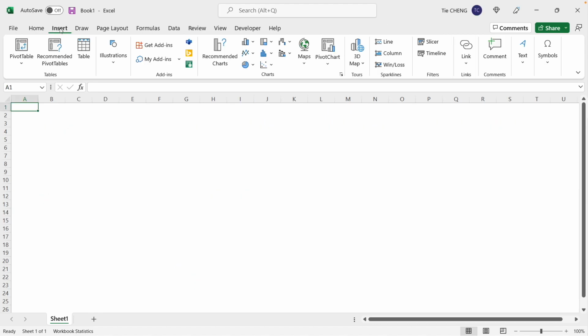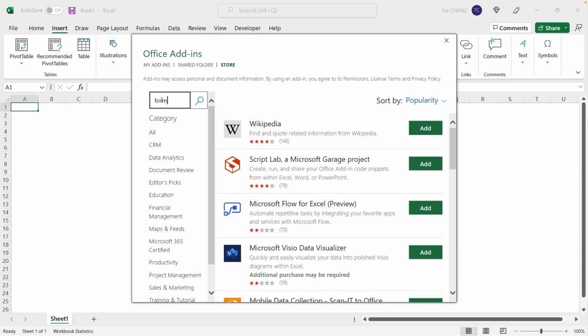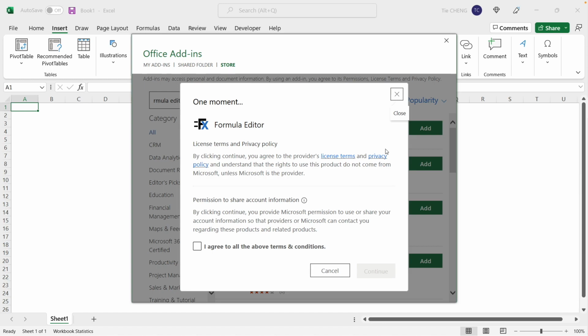To add the AutoExcel library to your workbook, you could use the Formula Editor add-in. If you don't have Formula Editor yet, you could add it from the add-in store. Click on the Insert menu, Get Add-ins. Type Formula Editor. Enter. Add. Agree.